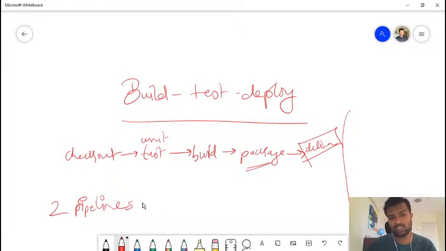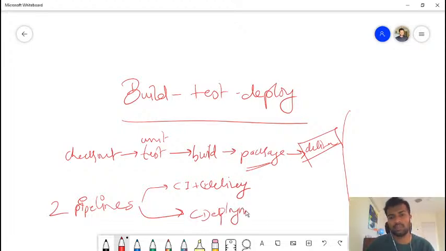So two pipelines. What are these two pipelines? One is the CI part plus delivery. Okay, so continuous integration and continuous delivery. I'm not talking about deployment. And then there is another pipeline that relates to the CD part, or continuous deployment part. But this continuous deployment, it looks like a small word, but actually is the complete ops automation for you.